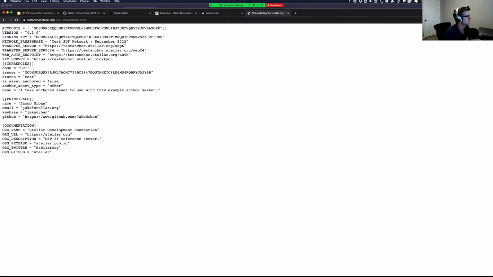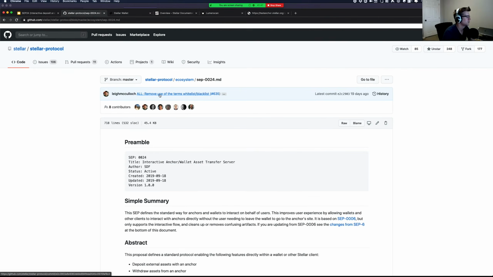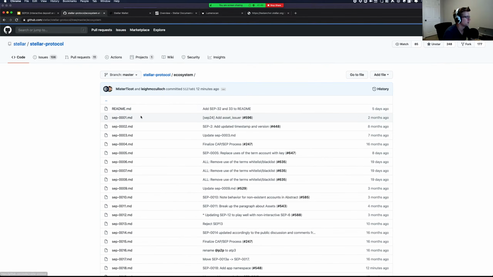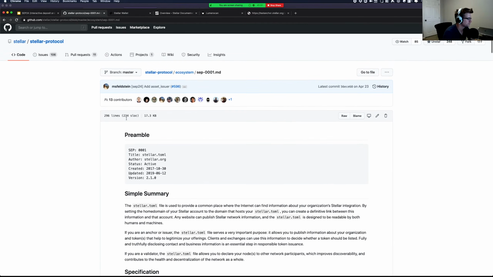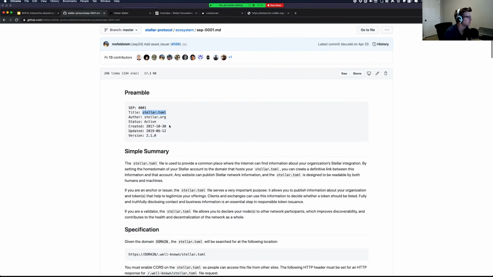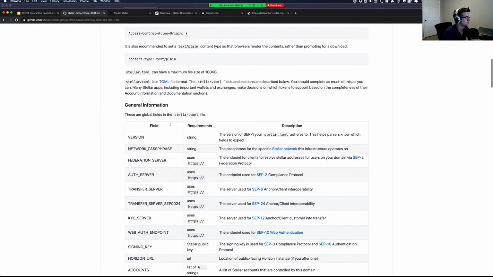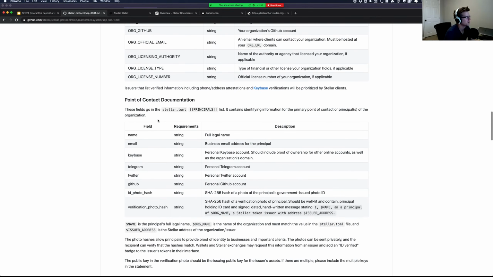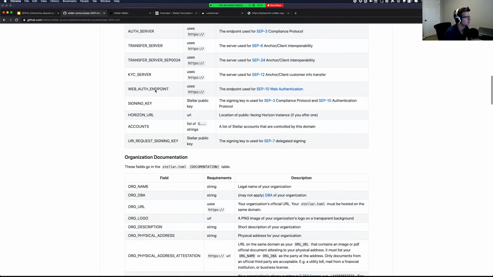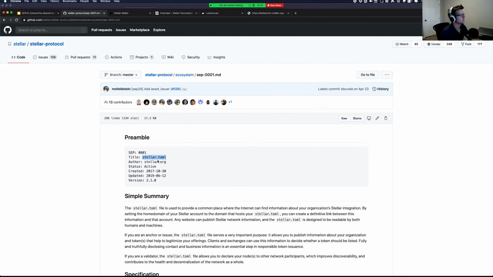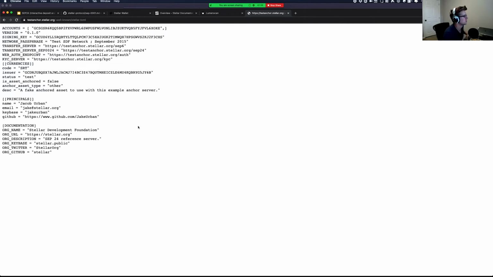Any Stellar entity that wants to provide a service on the Stellar network should have a stellar.toml file, particularly if you're doing any sort of asset issuance. So that's another SEP. If we were to go to SEP-1, this is where the Stellar TOML file is declared, and all the different keys that are available in that. So when somebody sets up a TOML file, there's all the different keys that are available to put inside a Stellar TOML file,